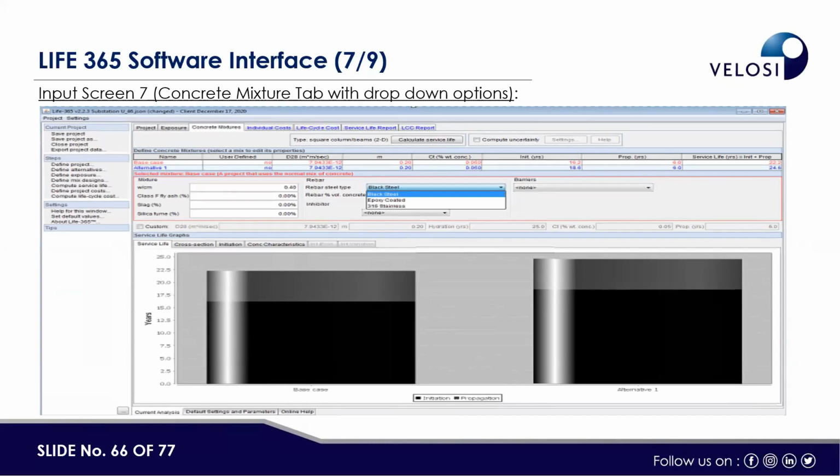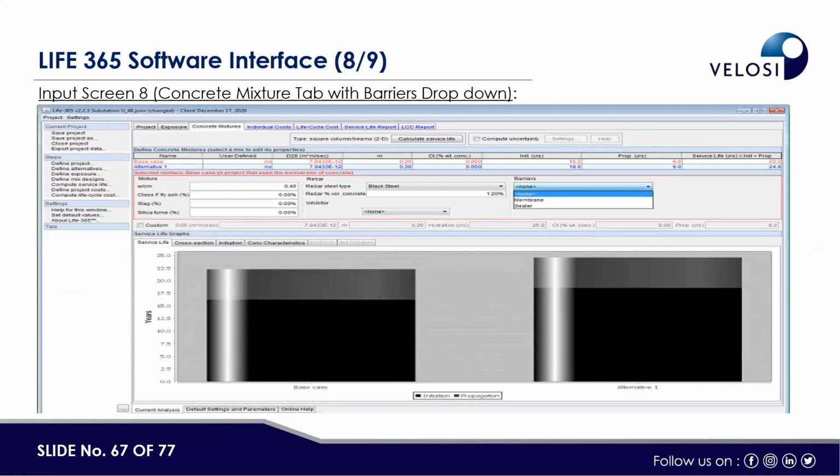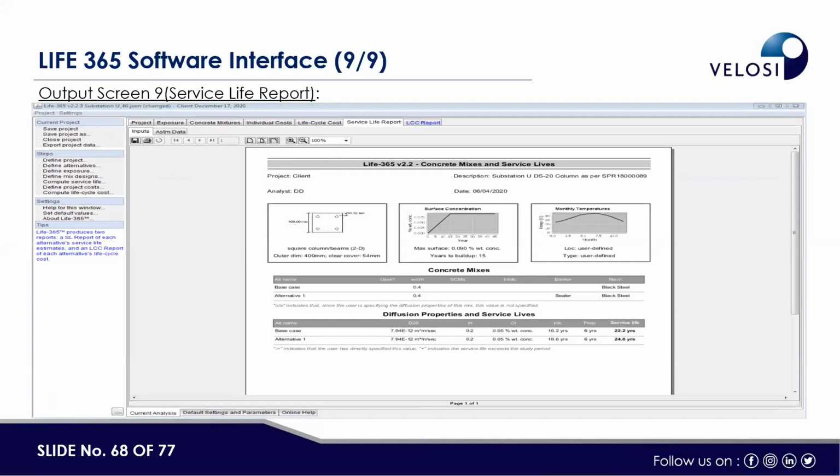One will be for the base case, and the next two would be for alternate cases. We can set the values for two cases. We can see the black steel, and correspondingly the epoxy coated steel also. Here, for barriers, we can make it a membrane or sealers. This is also one of the alternatives for putting in the inputs. Now this is the